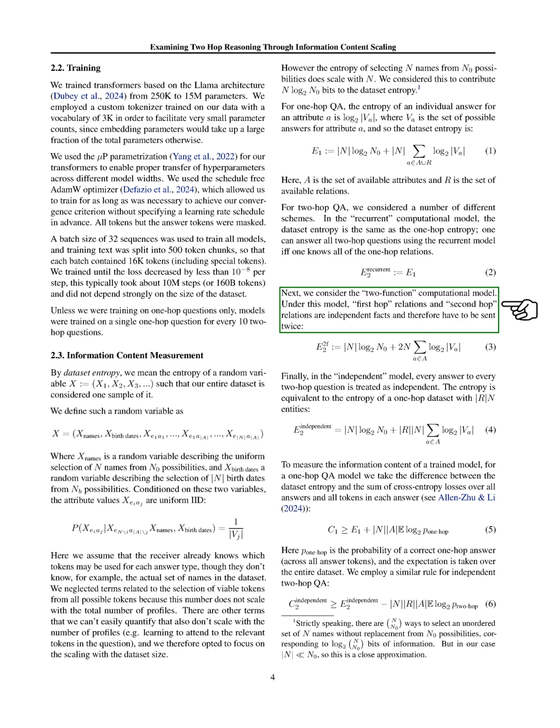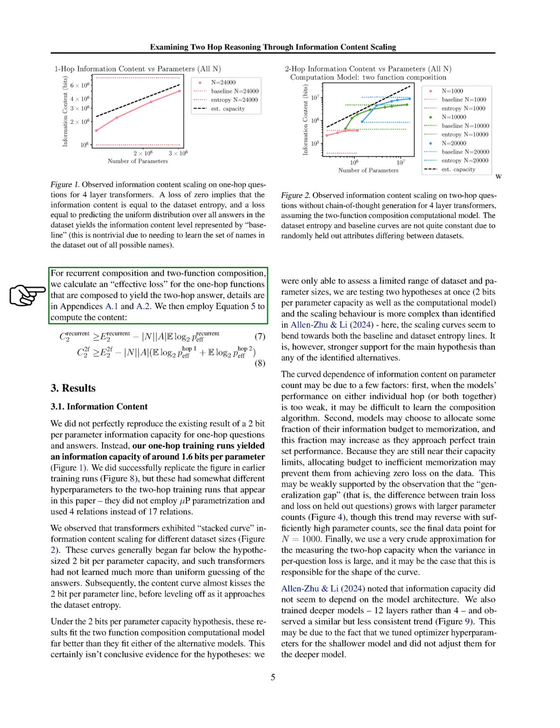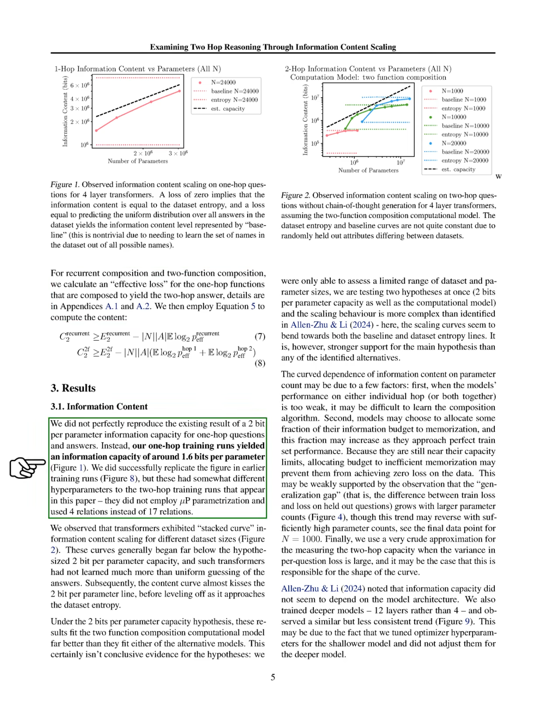To measure the information content of our trained model, we calculated the difference between dataset entropy and the sum of cross-entropy losses for all answers and tokens. For one-hop models, we used the probability of a correct answer across all tokens, and we applied a similar approach for independent two-hop questions. For recurrent and two-function compositions, we computed an effective loss for the one-hop functions that contribute to the two-hop answer. We found that our one-hop training runs achieved an information capacity of about 1.6 bits per